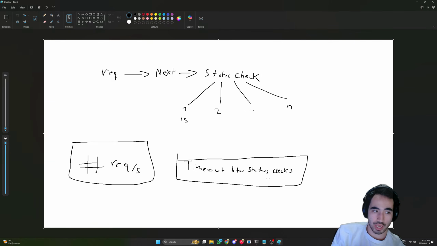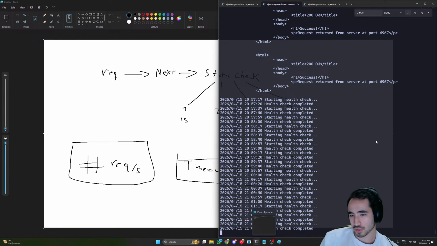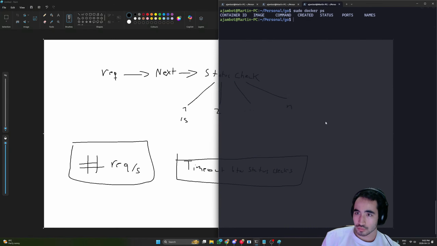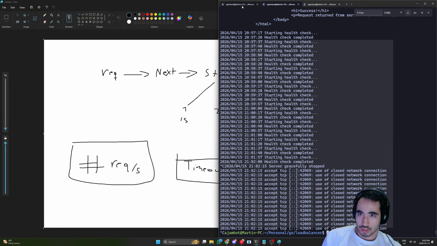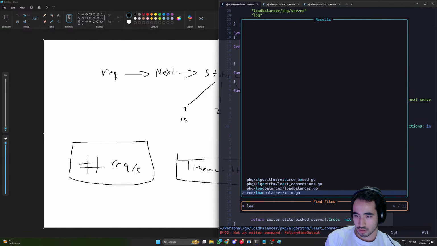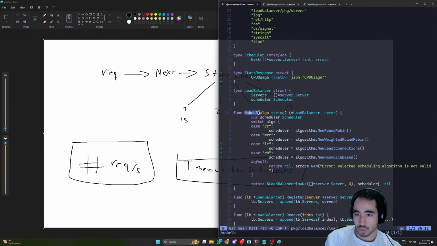So let's do that. Okay, that's gonna be the last thing I'm gonna do. I'm gonna implement the user passing the amount of seconds that it should do a status check-in. sudo docker ps. Okay, perfect. So let's go back here, and when we do make lb, nope, we're not there. Make lb, we receive the algo, and then